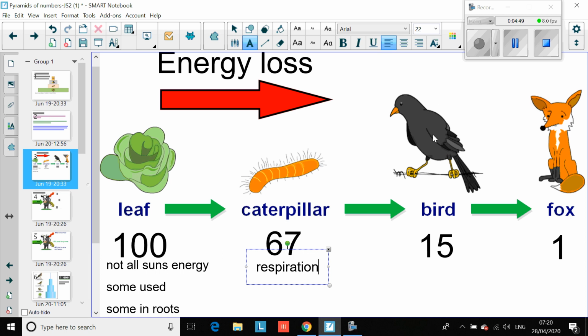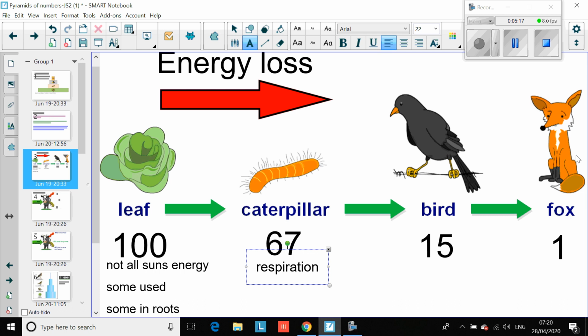Now think about what the bird does. The bird is a very energetic animal. So therefore, think about the energy available for that. And then finally, up to the fox. So you can see that of 100 joules of energy that came in from the sun, only 1%, 1 joule, eventually gets passed up to the fox. So at each stage in a food chain, a lot of energy is simply lost to the environment, is simply